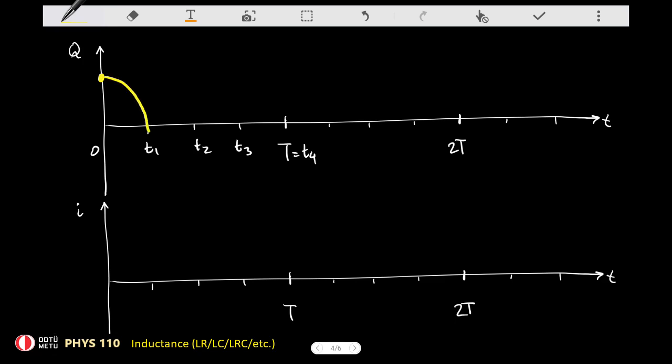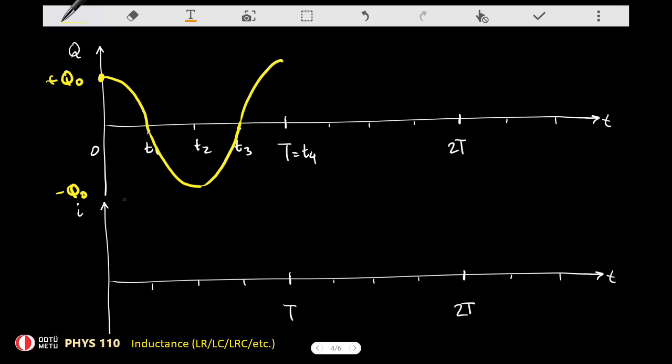At time t1 it becomes 0. At time t2 it becomes, this time, maximum in the negative direction in a way. So as a quantity, it becomes a minimum. At time t3 it becomes 0 again, and then we have this. So let me write down the values in here. So we have plus Q0 and